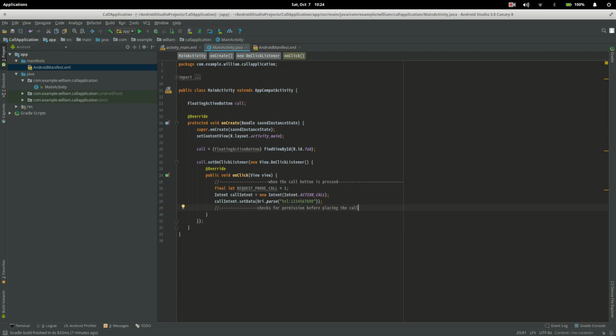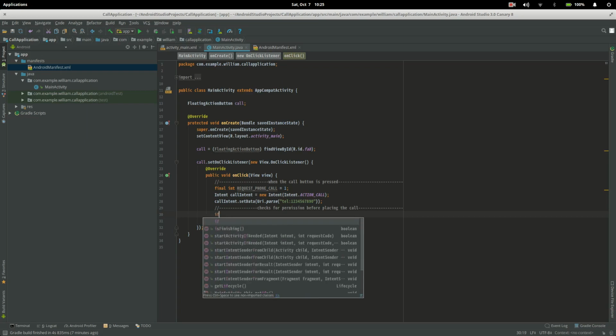Now, it's very important in Android that you check for permission because the phone will not allow your action to go through. Therefore, you actually must ask the user with a dialog box that pops up saying, can I have permission to use the phone on this device, or can I have permission to send text messages from this device? So what we're going to do is start a simple if statement. If, parentheses, obviously,